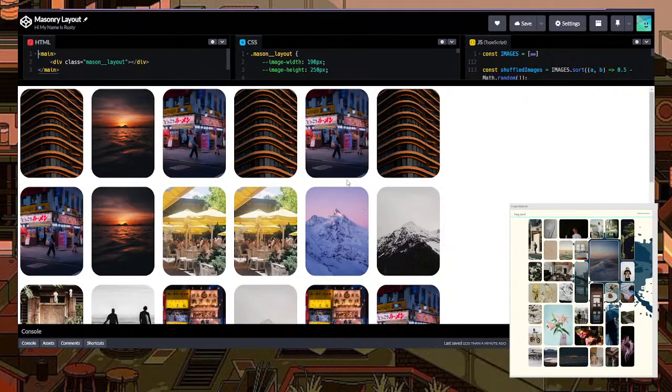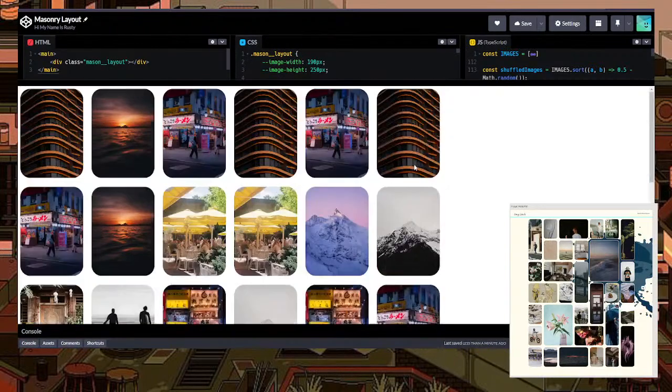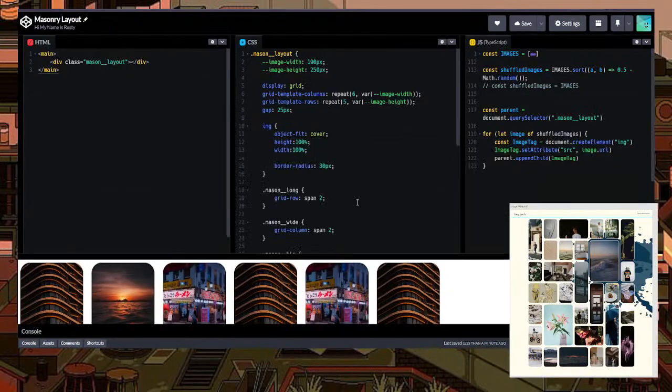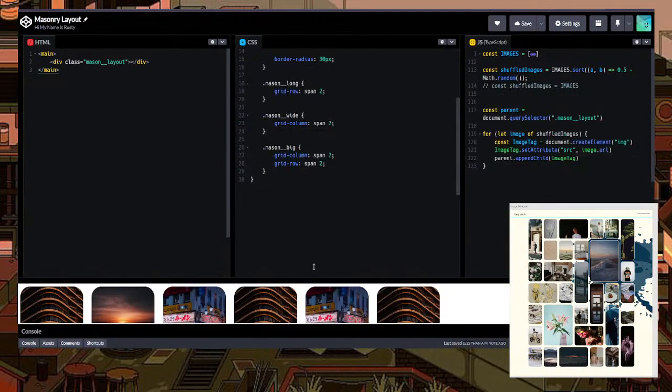Excuse me. Anyway, okay, so we have these images. I want to make them, I mean, want them to grow and stuff, but we'll